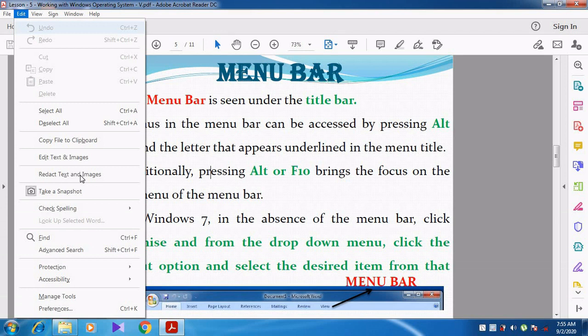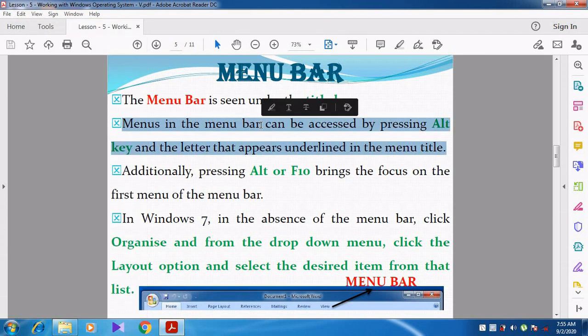That is what they are saying here: menus in the menu bar can be accessed. Each and every menu is accessed by using the Alt key and the letter that appears underlined in the menu title. The underlined letter is the shortcut to access the menu.